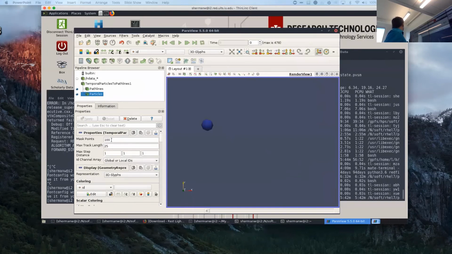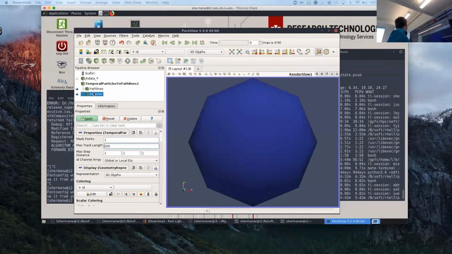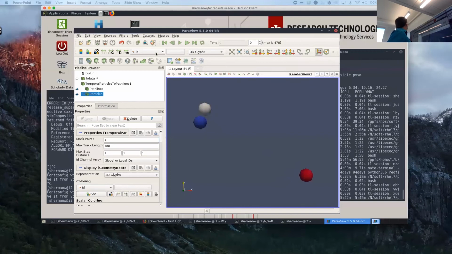There it is, right at the top. Here's the mask points. I want that to be 1. I'm going to make the track length 100, and I'll leave the rest as defaults. I'll center my data. Oops, I forgot to apply those. Now I'll center the data. All right, and now if I press play,